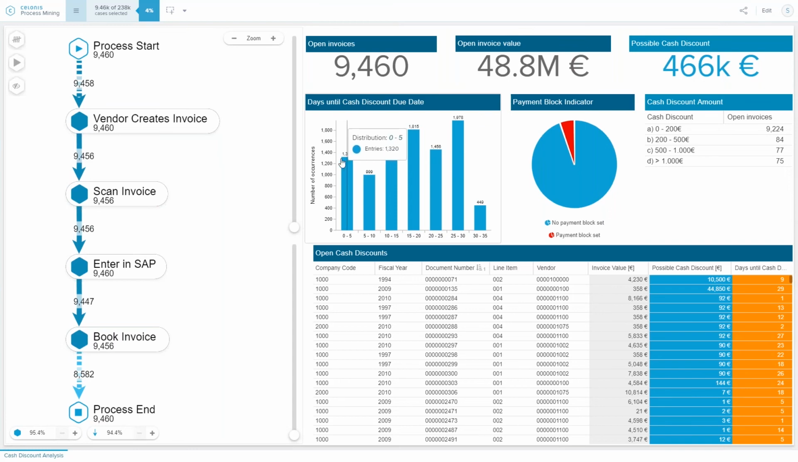As additional information, we see the days until cash discount due date, so how many days are left until we miss this due date. We also see whether a payment block has been set at the moment, preventing us from executing the payment. We see the different amounts of the invoices, so whether those are low value invoices or high value invoices